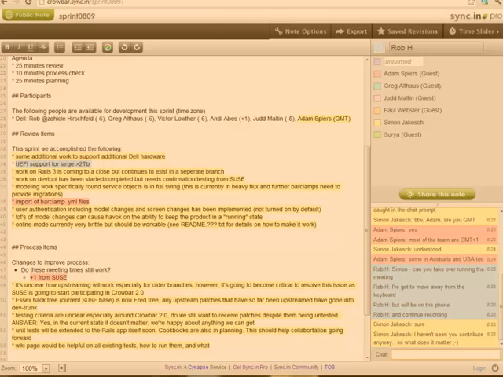Adam, all those things sound like great benefits. As you pull off your release cycle and get engaged, it's exactly the type of work that we should be collaborating on.